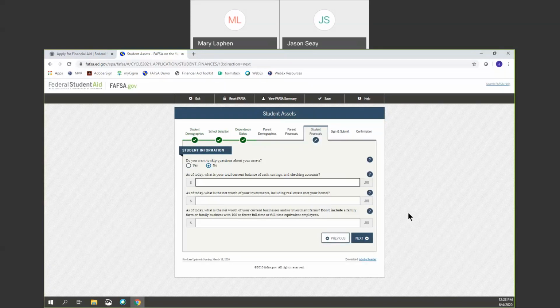And then the other 2 questions are about your net worth of investments, meaning, for example, if you have money market accounts, CDs, stocks, bonds, and so on, that's what it's looking for there. And then finally, as of today, what is the net worth of your current business or investment farms? Folks, most of my students don't have to answer that question, and we'll put 0 for that. Again, typically that does not apply to the families that I work with. Professionally, some of us can talk about that one if we need to. In this case, I'm just going to enter 0 for all these and move on,